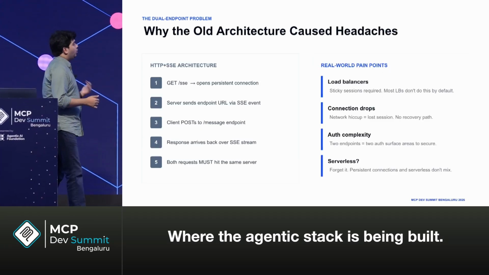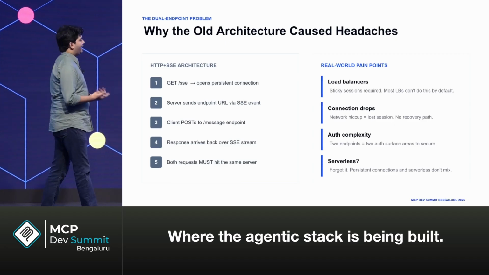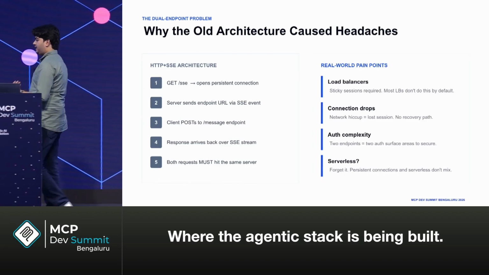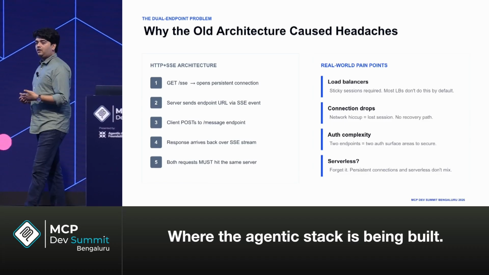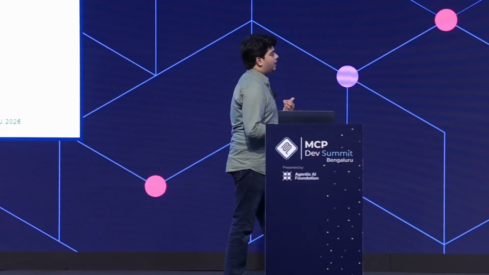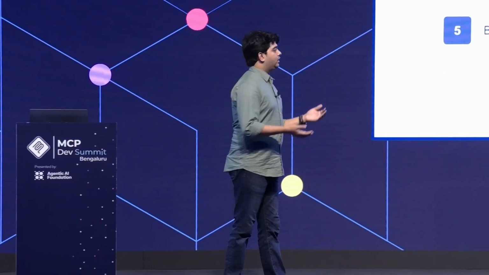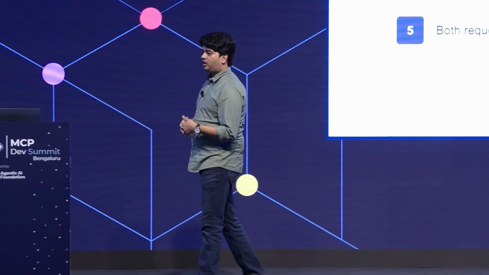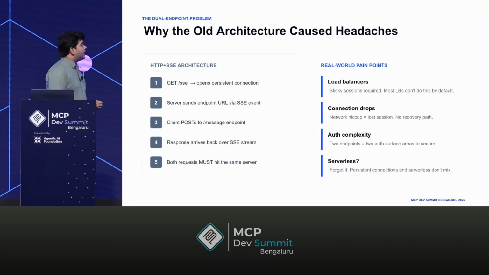So why this old architecture was actually a headache and why we needed to move. If you have a persistent connection, for example, with a single instance, I do not have to worry about it, right? I have a single instance connecting to my single pod. Everything is going smoothly. But what if I have a load balancer or a multi-instance architecture? In that case,